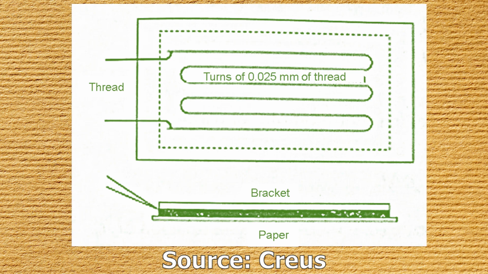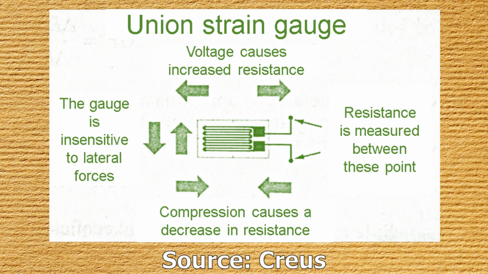A strain gauge is cemented to this piece, which can be made up of several turns of thread of 0.25 mm and glued to a paper or synthetic resin support, or it can be made up of thin bands glued to the structure under load. This gluing operation seems simple, but it is absolutely essential craftsmanship to obtain accurate and stable readings of stresses present in the structure. For example, weight.